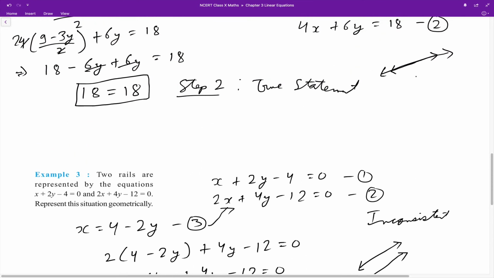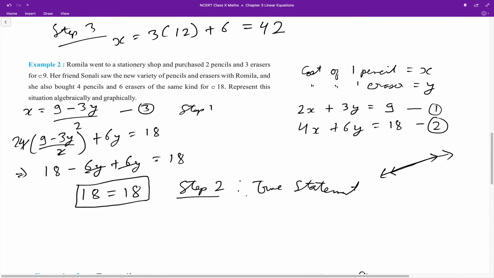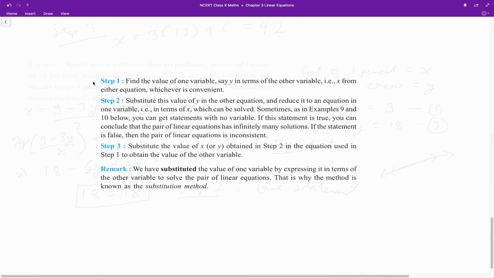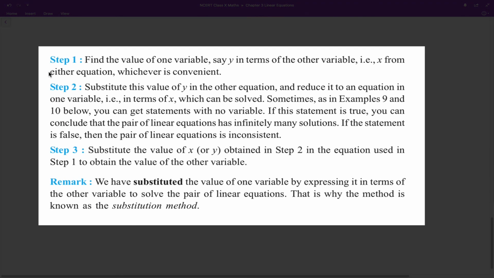And if at the end of step 2 we get a true statement which is always true, then this is a case of coincident lines, or these are a dependent pair of linear equations. Okay, so to put everything formally into words, in the very first step, you take either one of the variables, either x or y, and represent it in terms of the other, whichever is convenient to do. In step 2, we substitute this value of y or x, whatever you have represented, in the other equation,